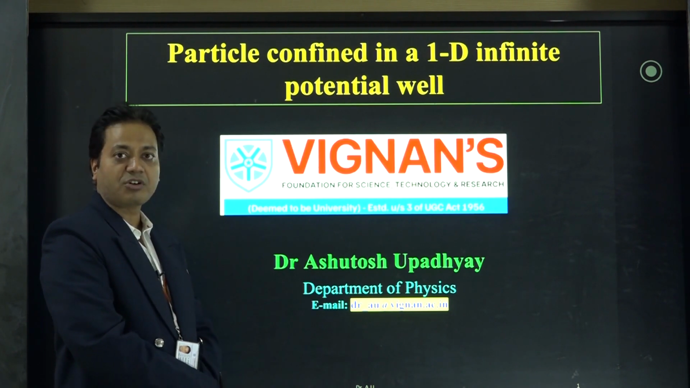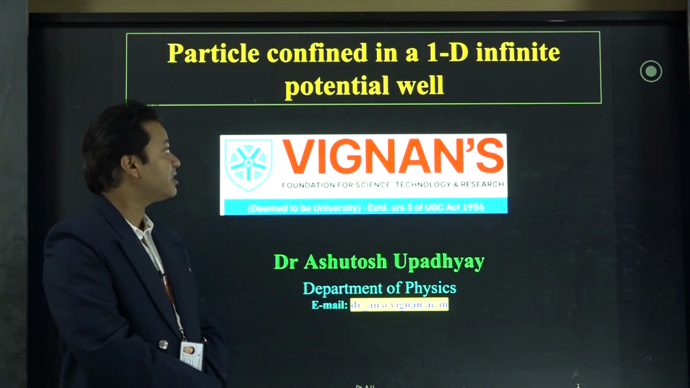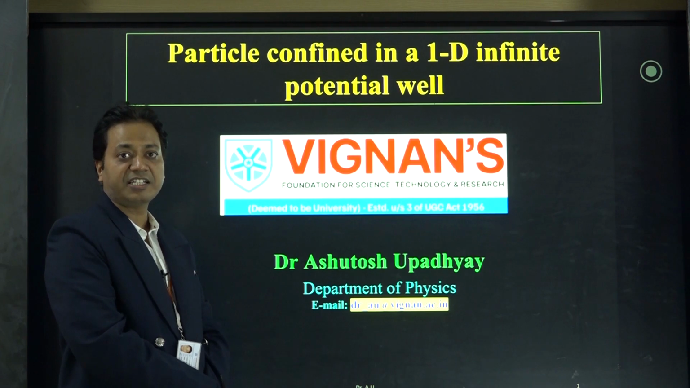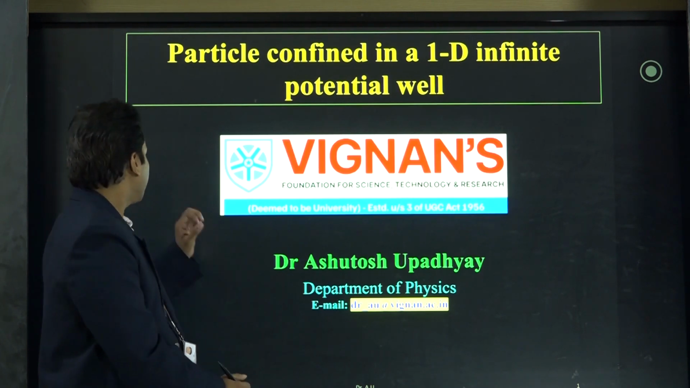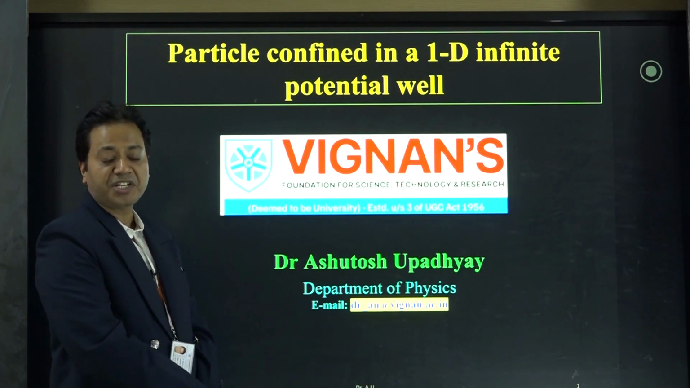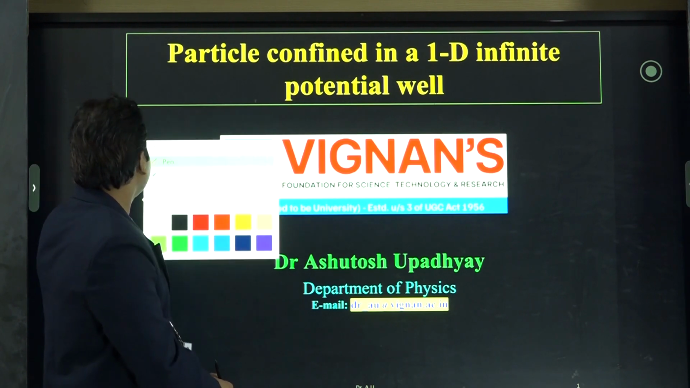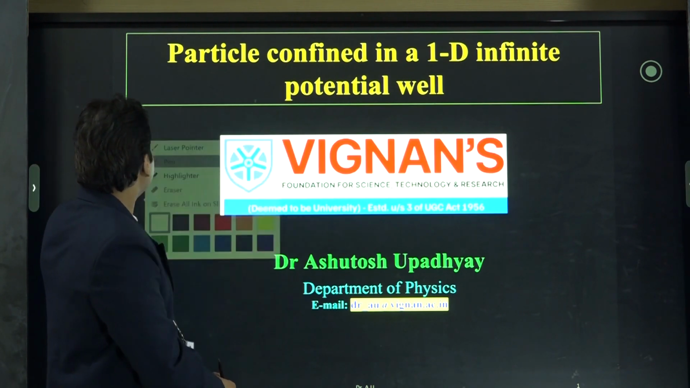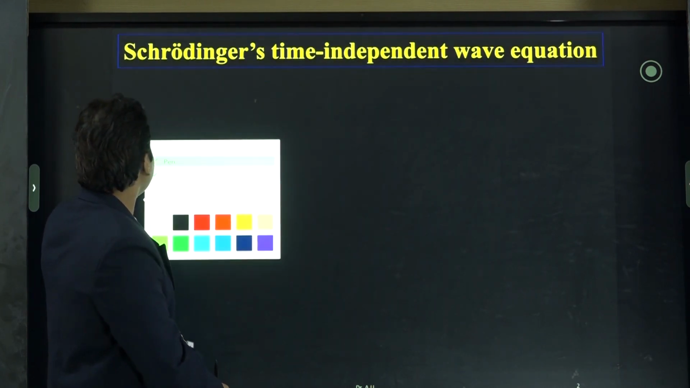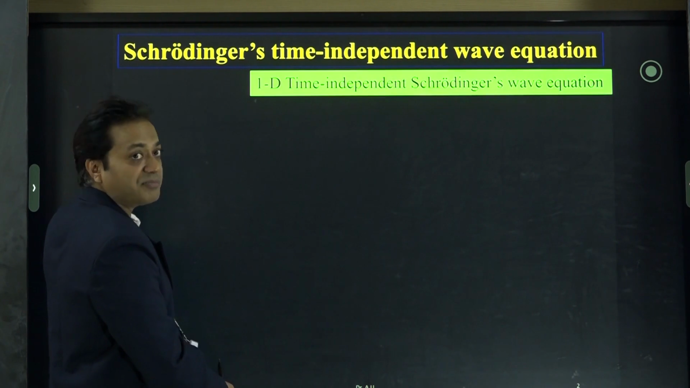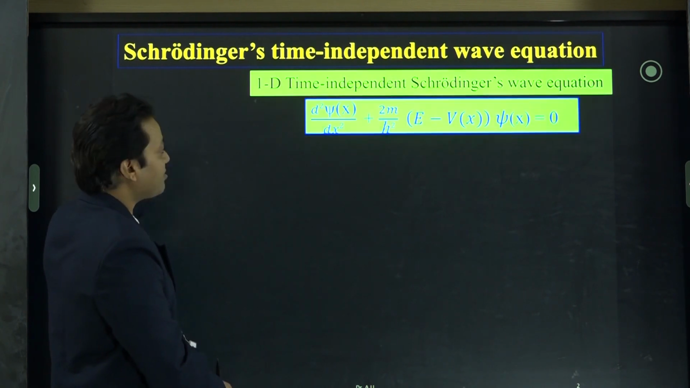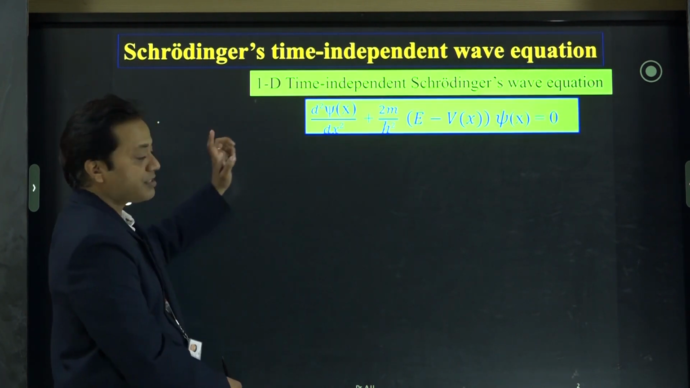Today I am going to talk about a particle confined in a one-dimensional infinite potential well. To solve this problem, we need the Schrödinger wave equation. So the one-dimensional time-independent Schrödinger wave equation can be written as this, where